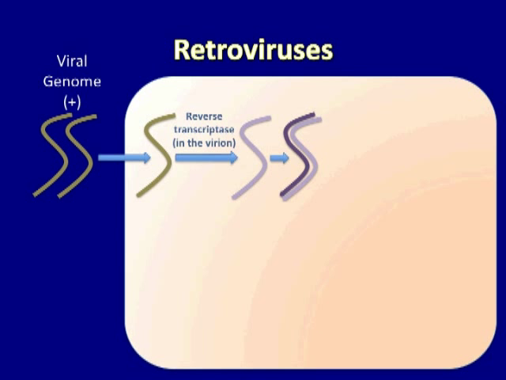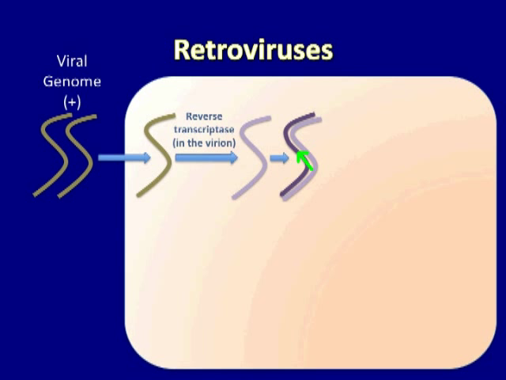Retroviruses have a very different lifestyle. They contain single-stranded RNA, and in particular, retroviruses contain two copies of their genome, both plus-stranded. When these copies enter the cytoplasm and are released into the cytoplasm, the first step is to reverse transcribe the virion into a DNA copy, and then to make a second strand to produce a double-stranded DNA copy of the